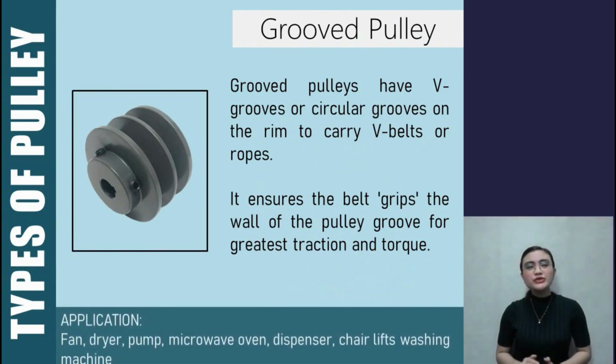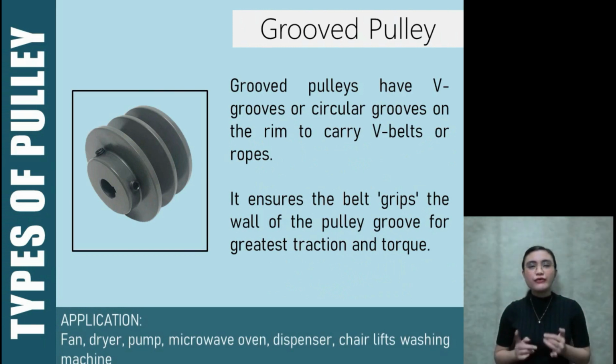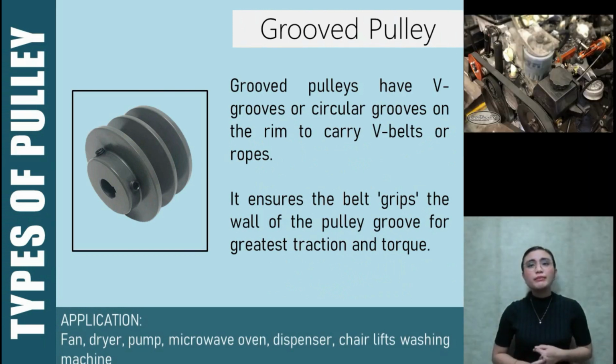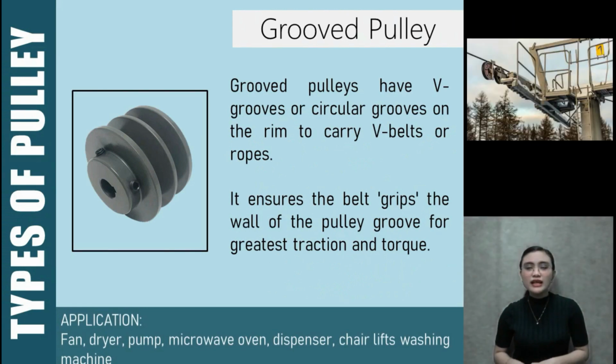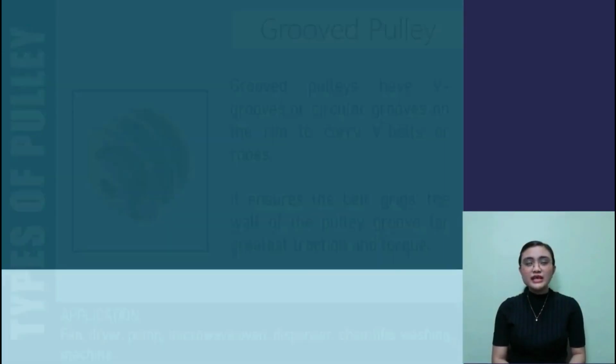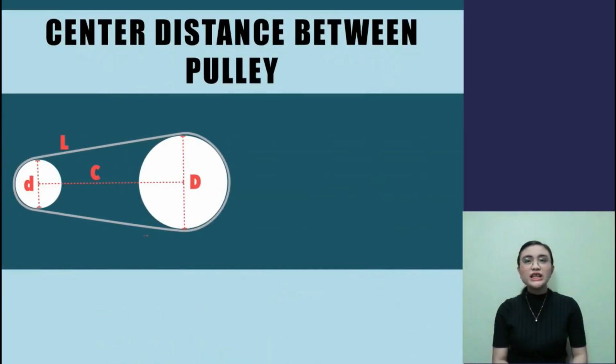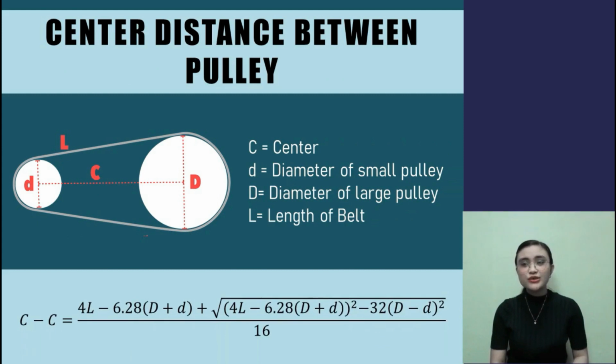The common applications for this type of pulley are fan, dryer, pump, microwave oven, dispenser, chairlift, and washing machine. Now let's proceed to the computation. Center to center distance between pulleys is denoted as CC, with the formula given: CC is equal to 4 times